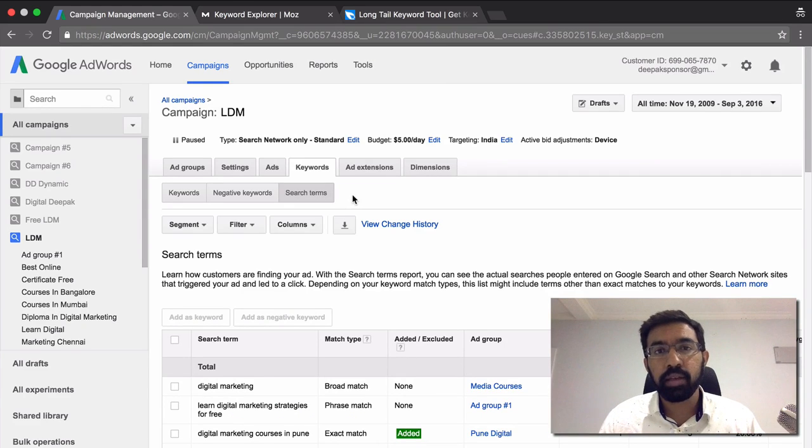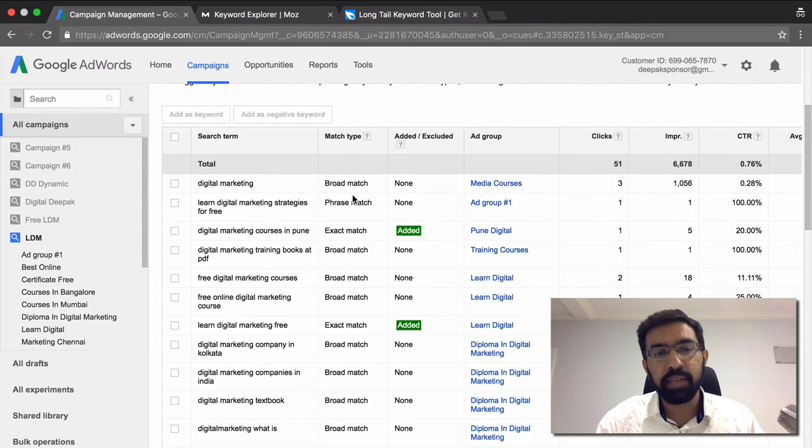Even if you have entered certain keywords, Google takes these keywords in the broad match category, which means that Google tries to understand what keywords you are trying to advertise for, so it's not always an exact match. Even if it is just a close match, if Google can understand that this is related to digital marketing, then Google will trigger the ads even when a slightly different variation of the keyword is searched for.